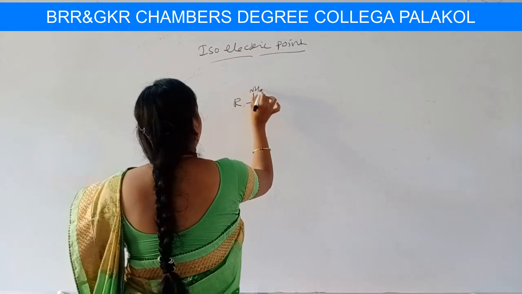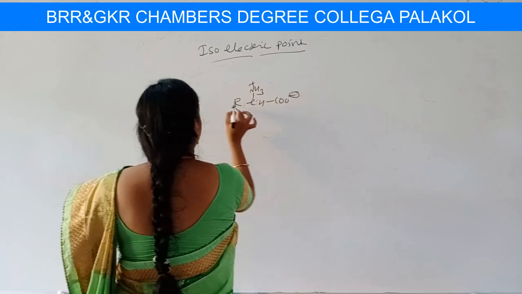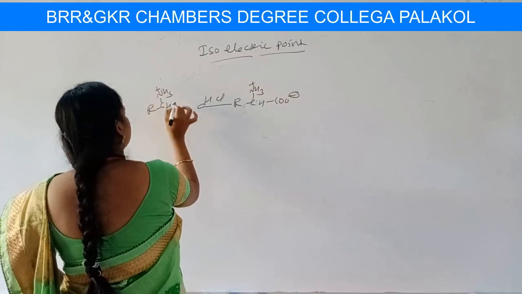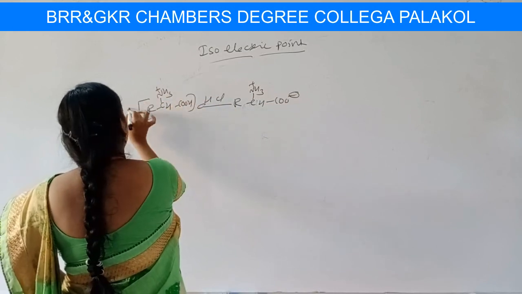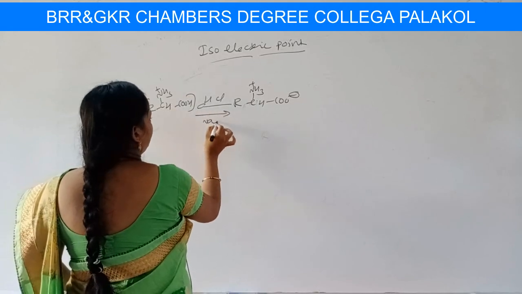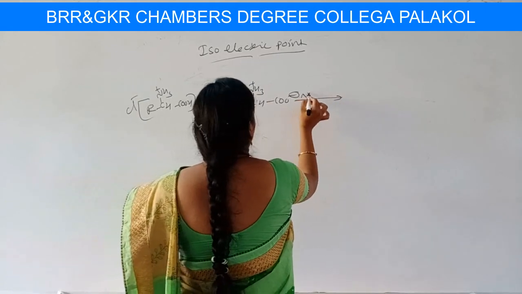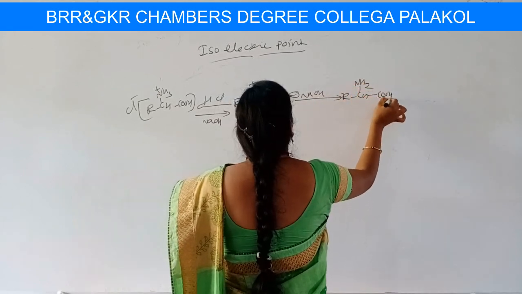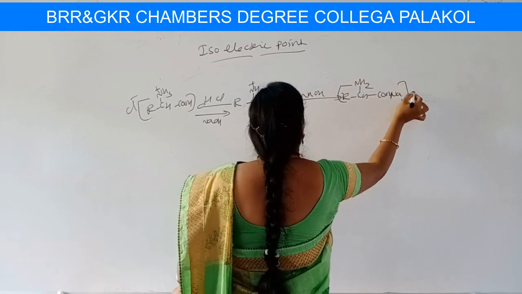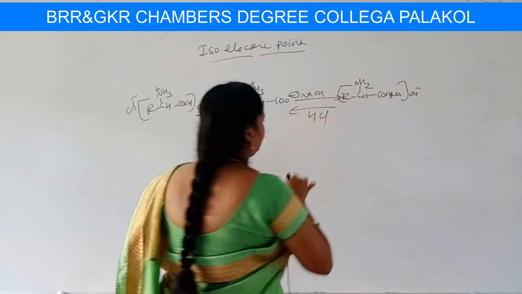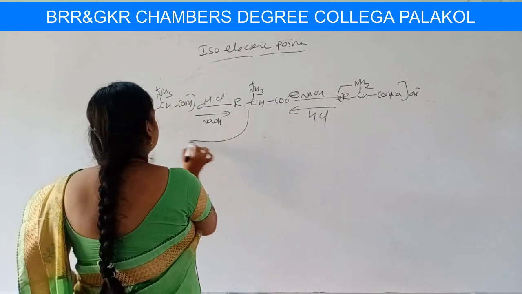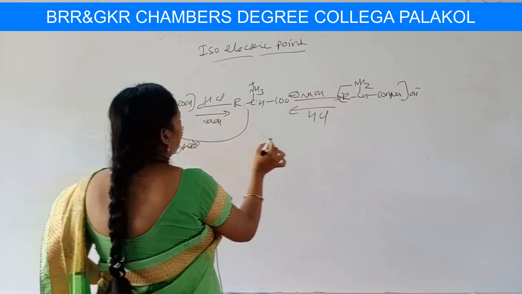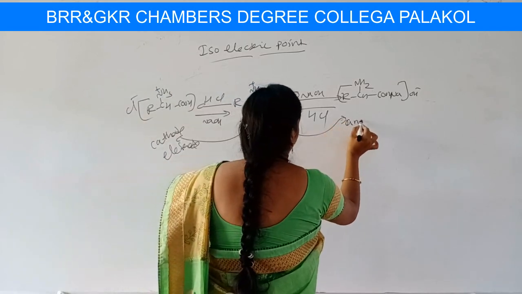Okay, let us write the equation once again. Zwitterion. Here HCl. What happens, students? RCH NH3+ COOH Cl minus. And this will be reversed by adding NaOH. What happens here if you add NaOH? RCH NH2 COONa and OH minus. And this will be reversed by adding HCl. What happens here? The positive ions are moving towards the cathode electrode, and the negative ions are moving towards the anode electrode.